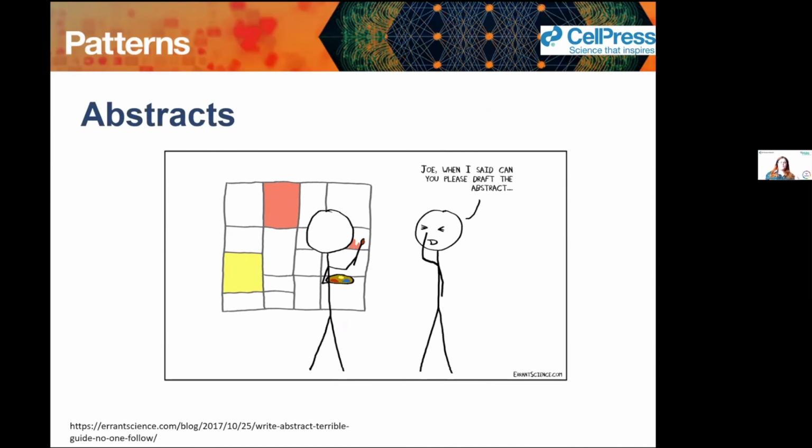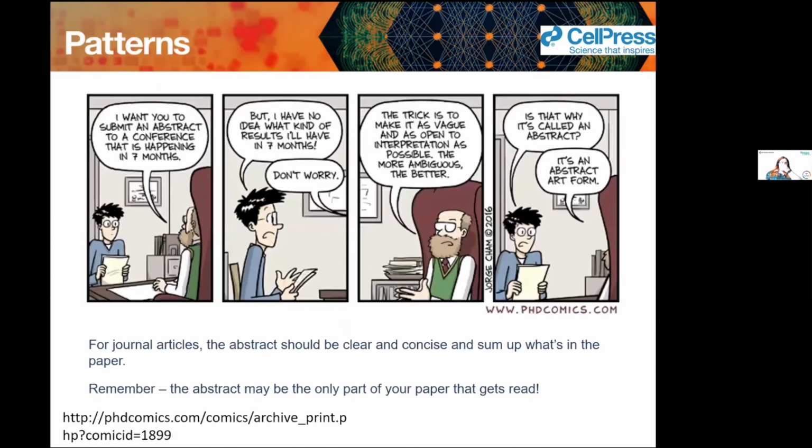Okay. So generally, you've got two sort of abstracts. You have the abstract for the conference that is happening in 7 months from now, according to the cartoon there from PhD Comics, also highly recommended. And I'm sure that if you've ever been to a conference and have written an abstract for a conference, there's always been that feeling of, well, what am I actually going to be able to present in 7 months? But I need to write an abstract now. So that's when you start getting a bit vague and woolly around the edges.